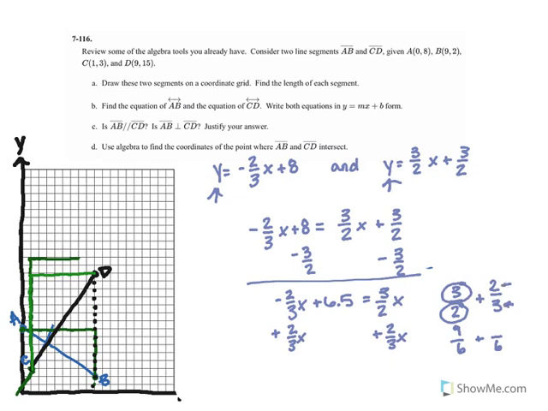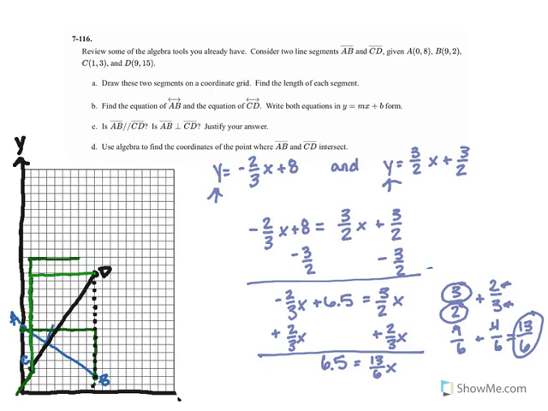To get the 3 to be 6, we need to multiply by 2, so we're going to multiply the 2 by 2 also to get 4. And 9 plus 4 is 13, and it's all over 6. So we are going to have 6.5 equals 13 over 6 x. Now this looks like it's getting really complicated, but when you put this in your calculator,